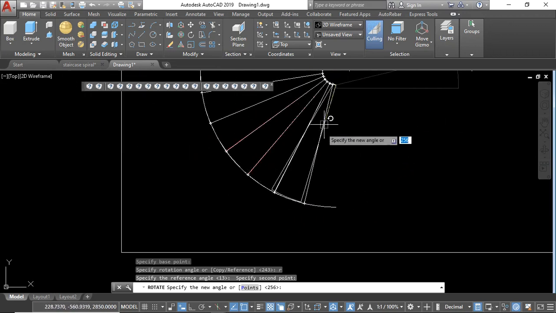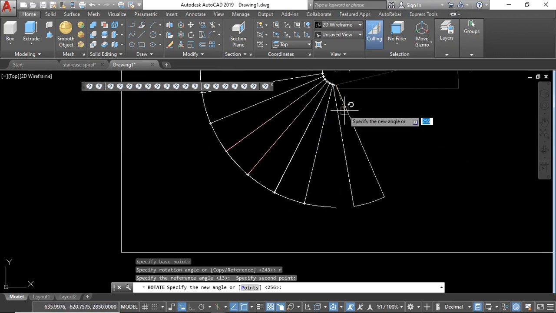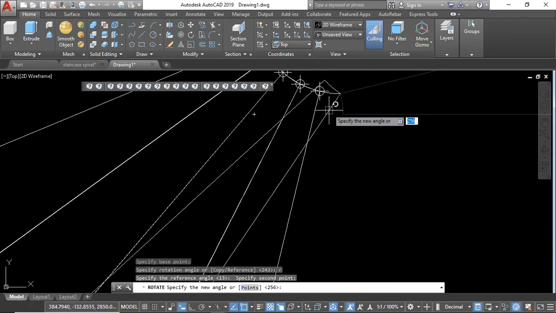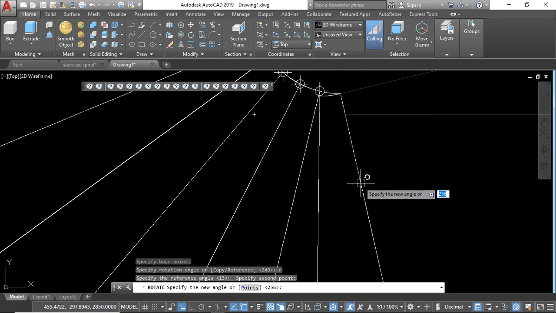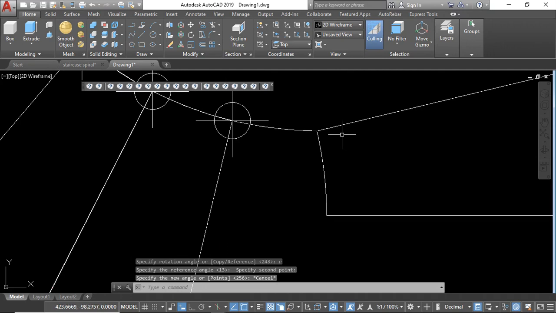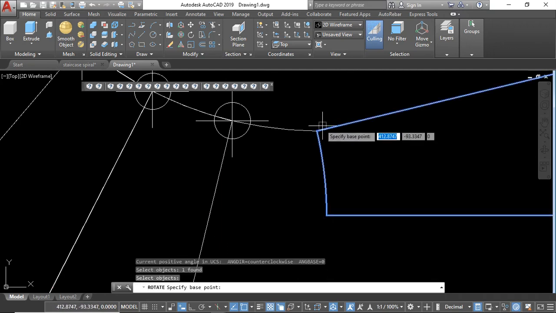Now I can pick 2 points because I'm now using a reference. And the last one, RO, enter, this one, then R again,